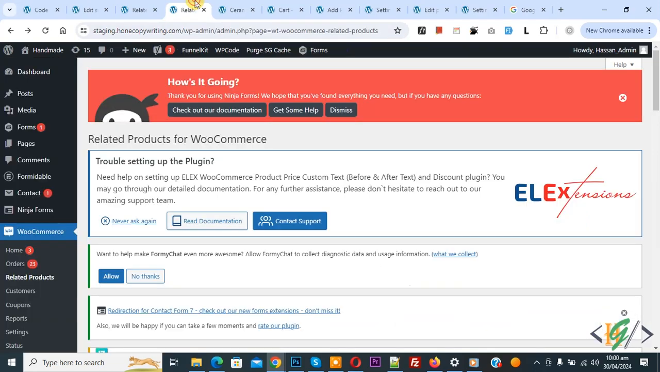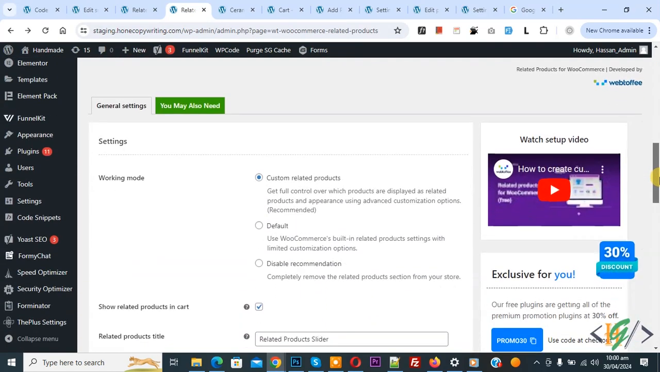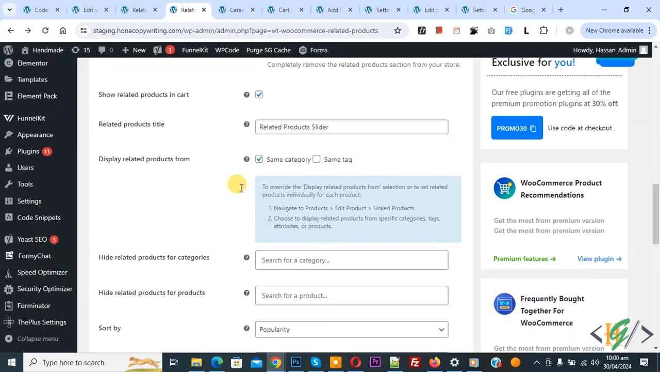Back to the plugin settings. You can change the settings according to your requirement, and then you see the option to display related products from the same category or same tag. So you can do the setting